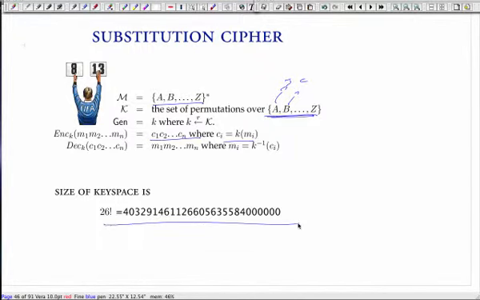This has a very big key space, lots of possible keys. So it's not the case that you can just guess a key and hope that it's right and decode your message. So the regime of randomized algorithms where you just pick and hope that it works out doesn't work in this case when the key space is too big.